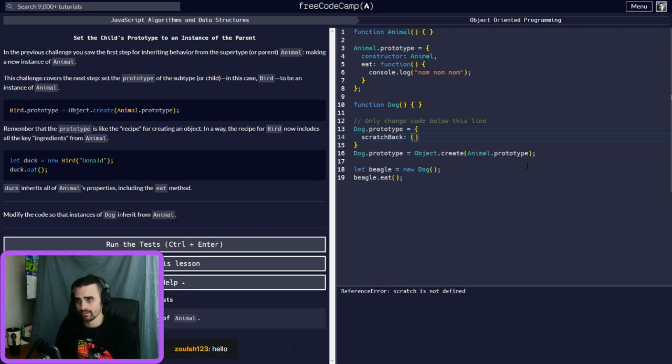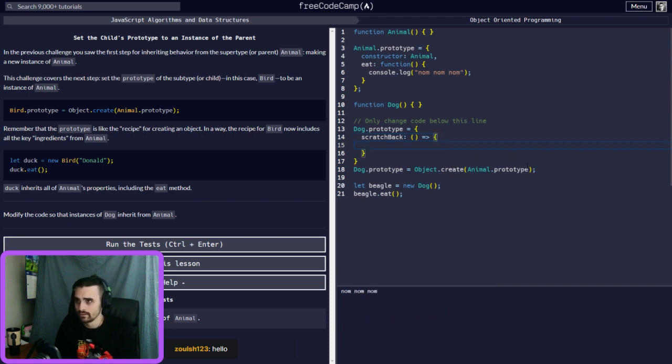Now, when we want to call scratchBack on all dog prototypes, it does a console.log: I am scratching my back, right? So this is what the prototype is equal to right now.